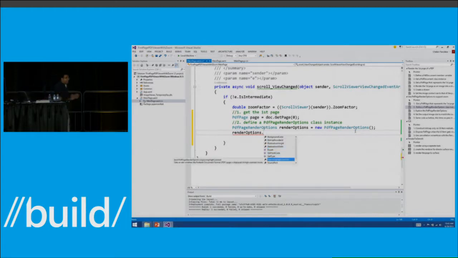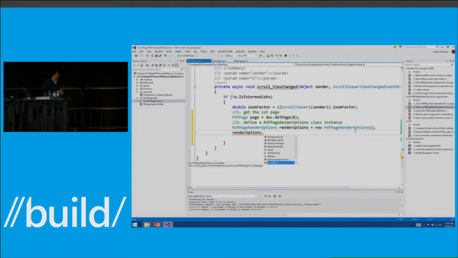By default, the APIs ignore your current high contrast settings of your system because they treat PDF content as images. However, if you would like the APIs to not ignore them and use the current brushes that are set with your high contrast setting, you can do so by setting the is ignoring high contrast property to false. And finally, if you're interested in rendering only a portion of the page, you can use the source rect property of the PDF render options.